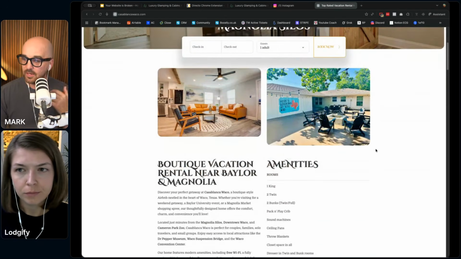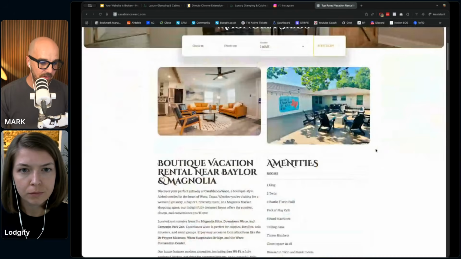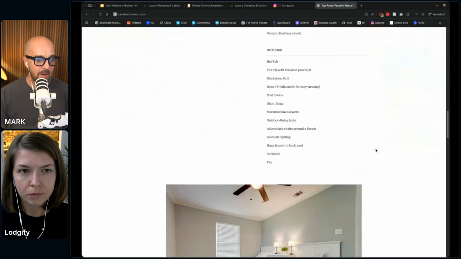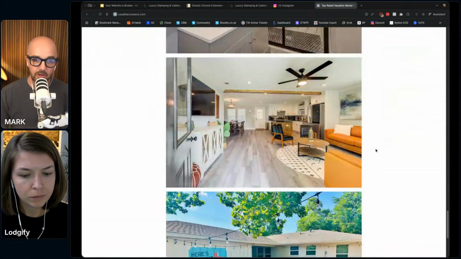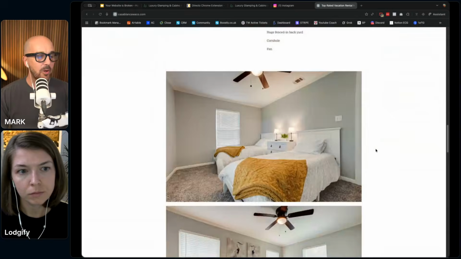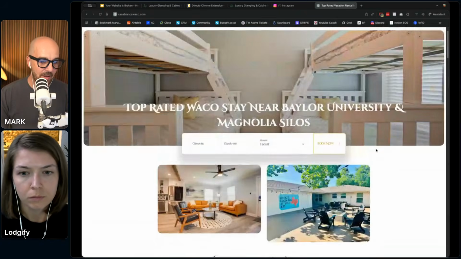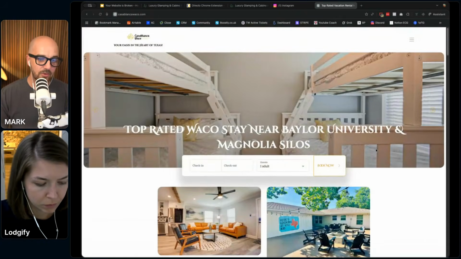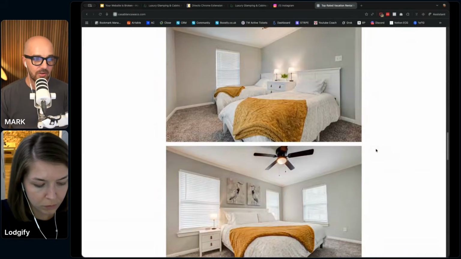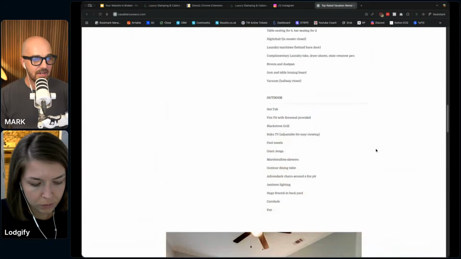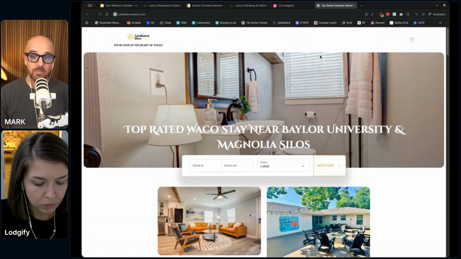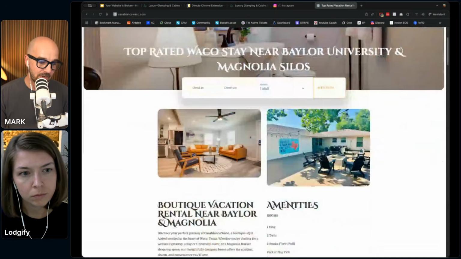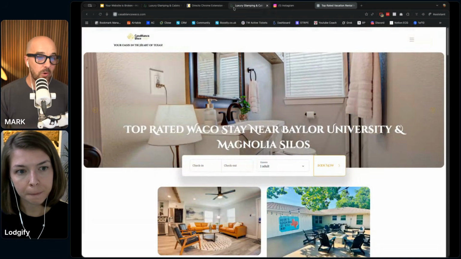Again, if they have a poor user experience, they will bounce and they will never come back. Again, I know this is a single property. I know that you will turn around and go, Mark, websites aren't my strong point. But this is literally like my 10-year-old has just thrown together a couple of pictures and a couple of words on a website. Again, if you want the framework and if you want the blueprint, DM me the word blueprint on Instagram. I'll show you how to make those changes to it, or just rewatch this.